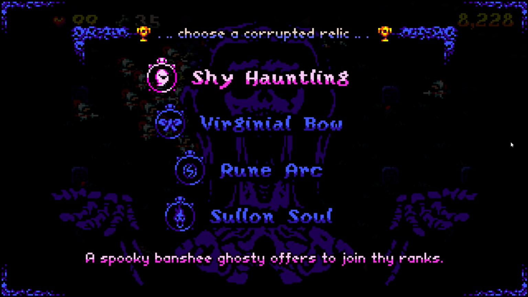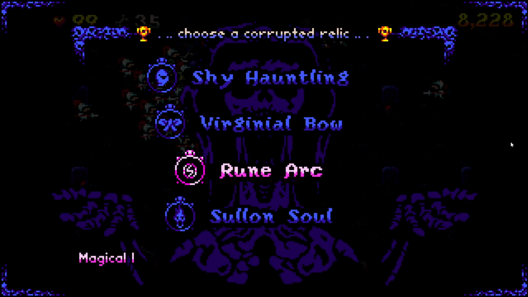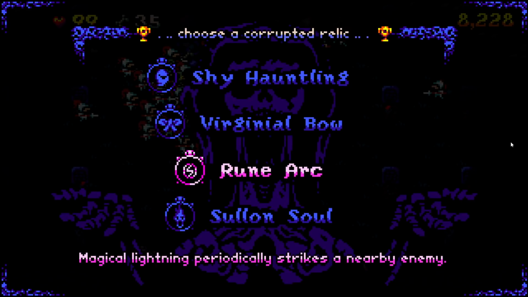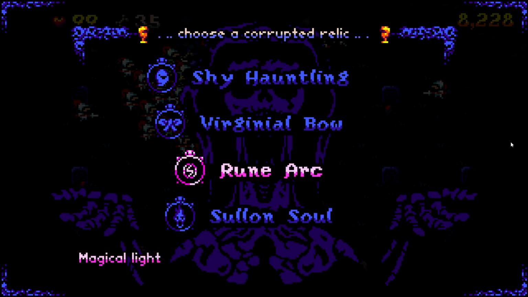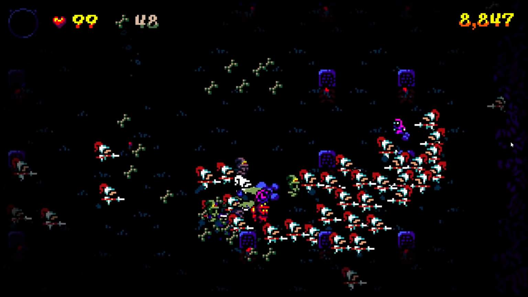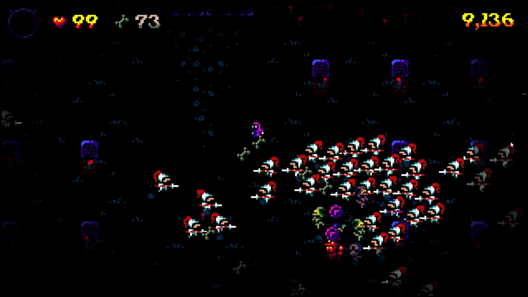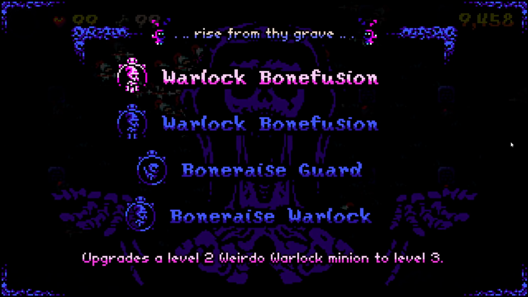What choices do we have? A Spooky Bunchy Ghosty offers junior ranks. Collecting bone pickups regenerates thy health, obviously that. Rune Arc, magically lightning periodically strikes nearby enemy. And Soul on Soul, a miserable spirit serving as a flatly protector. We're gonna go with healing on the XP pickup, as in this game, every single enemy drops pickups. Like every single one. And also there is no damage immunity window, so if I take too much damage too